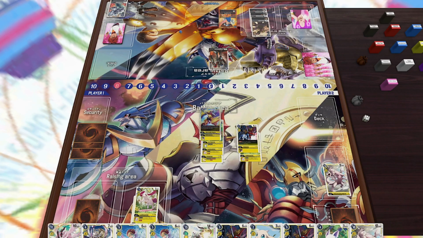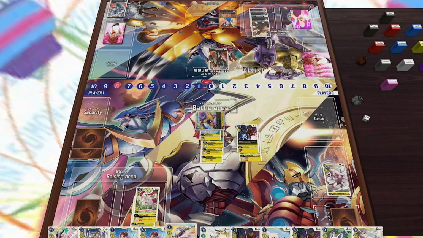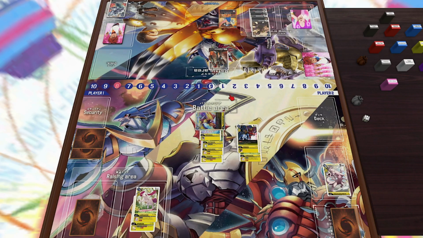I could attack here and then get into attacks. There is the risk of WarGreymon dying, but at that point, if he's taking out 2 security, I don't really care. But yeah, it might be the better play just to put down Chaosmon and then kill his High Andromon, draw a card off of that. But I'm going to attack, run into a Numemon, so it's fine. And then I'm just going to attack again,